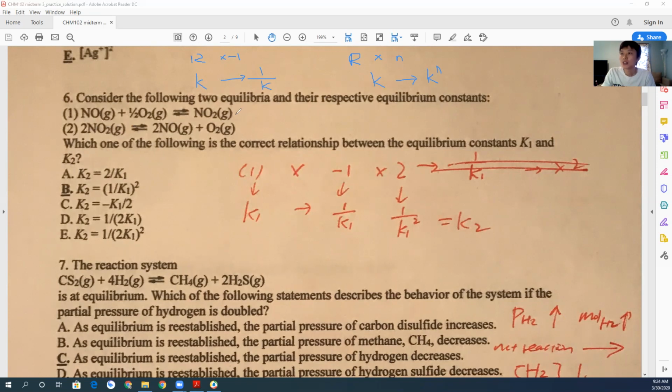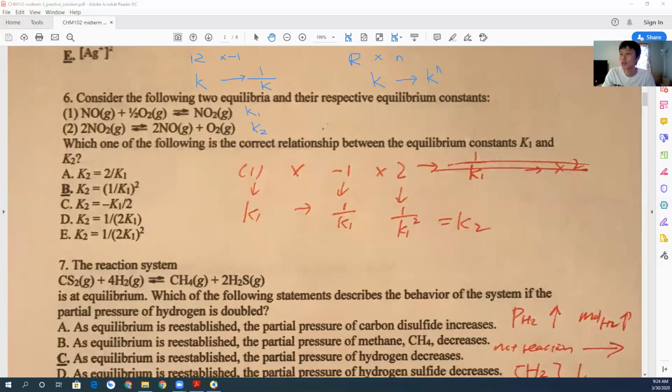To get the second reaction from the first, we need to first reverse the reactants and products, and then multiply all the coefficients by a factor of 2. If reaction 1 has an equilibrium constant of K1, and reaction 2 has a K2,